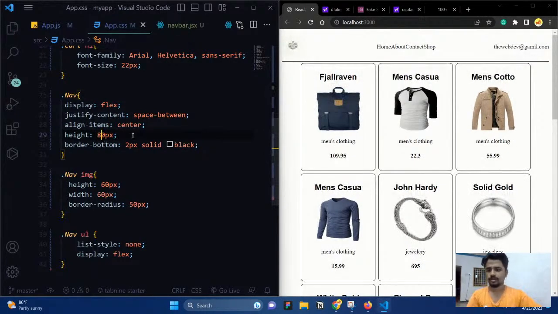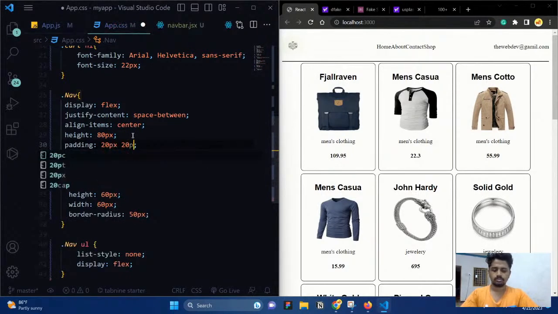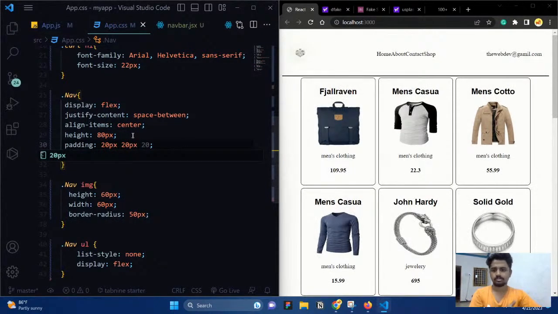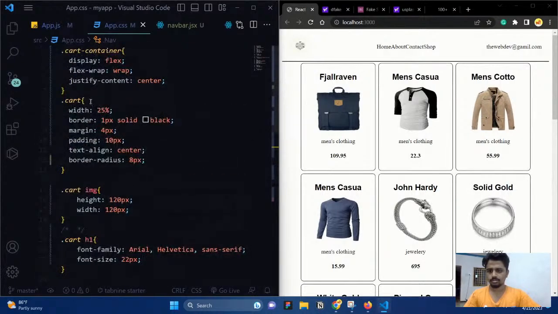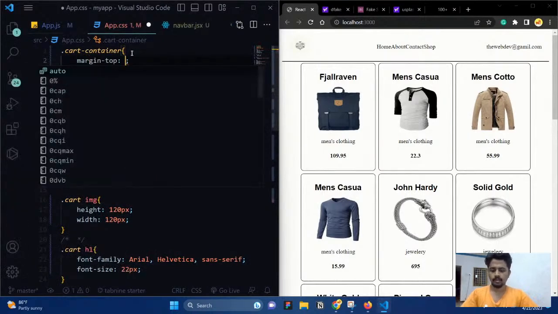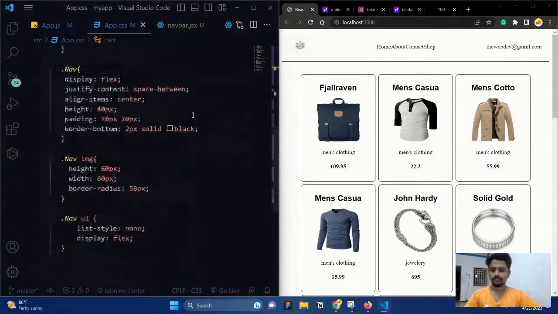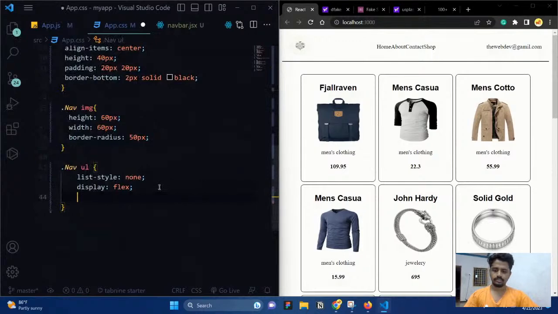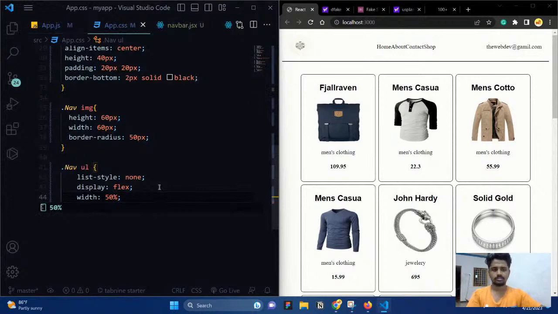Okay, we are having this one. Let us have this now for a padding 20 pixel, 20 pixel, top, left, and right. Okay. So and then now I just minimize this to 40 height, and this cart container is going to have a margin top of 30 pixels to give some space like this. Okay. So now we are having it, and here we can set the width as 50% of the total width,